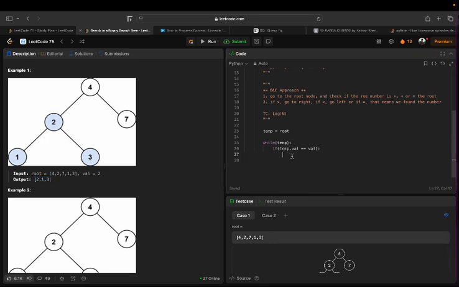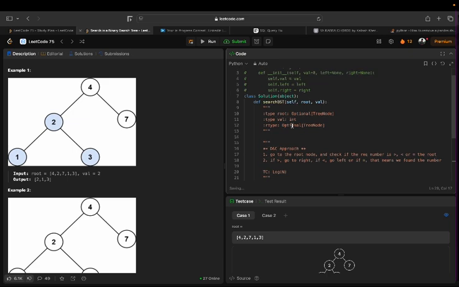Okay, return temp, so we have to return that root, and if temp.val is greater than value,